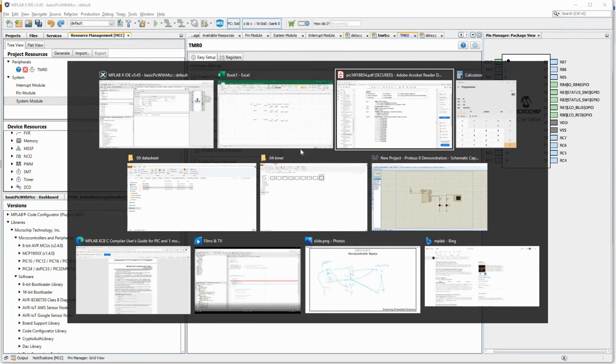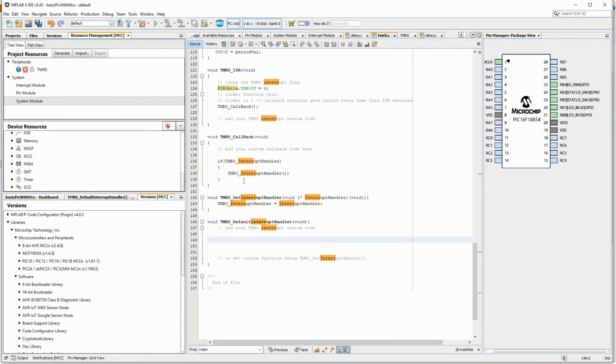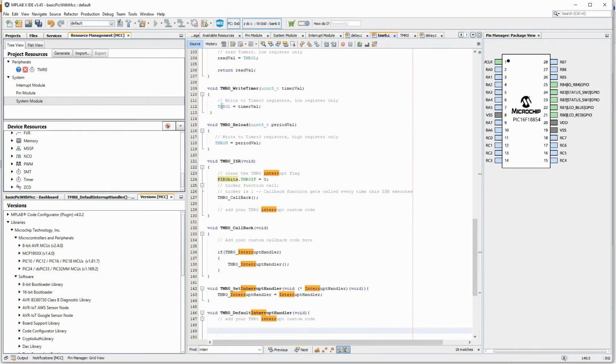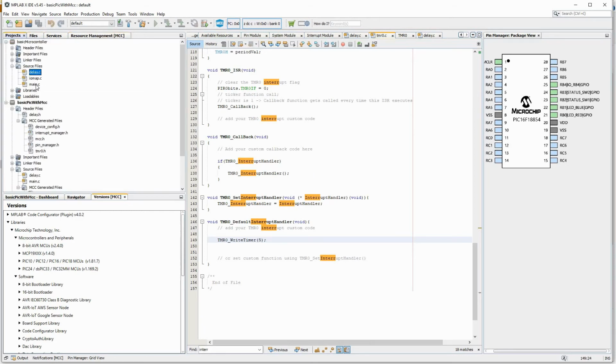So I have to count. So the only thing that I have to do here is set this timer 0 L, write timer, to 5, so that I get 1 millisecond delay. So now let's go back to our folder and delay.c. What we had initialized, we don't even have to initialize because this would have initialized this. I have to just copy from the older project.